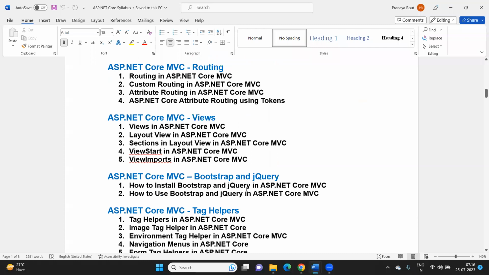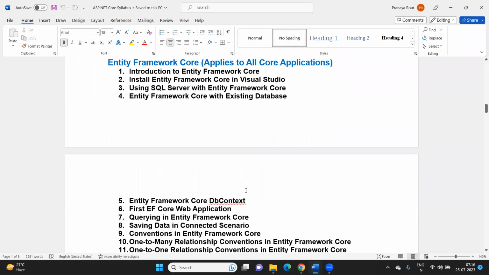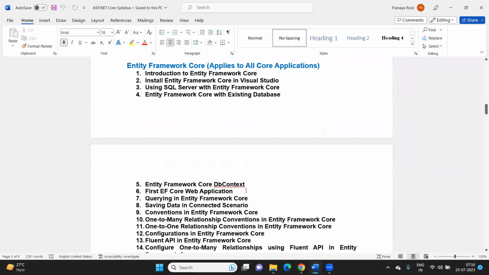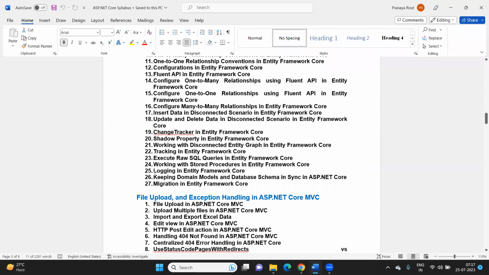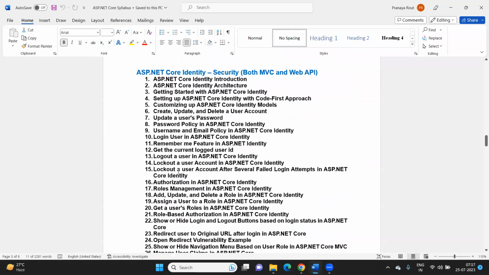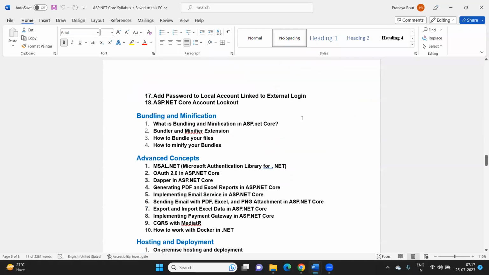Thank you. Right. Because I don't want to spend time on topics which I'm going to explain in detail. See Entity Framework Core, right? How many chapters? 27, right? Then again you can see Entity Framework Core in Web API also. So I'm going to discuss this thing in detail. So without Entity Framework, how you can perform our database operations? Can you share this document